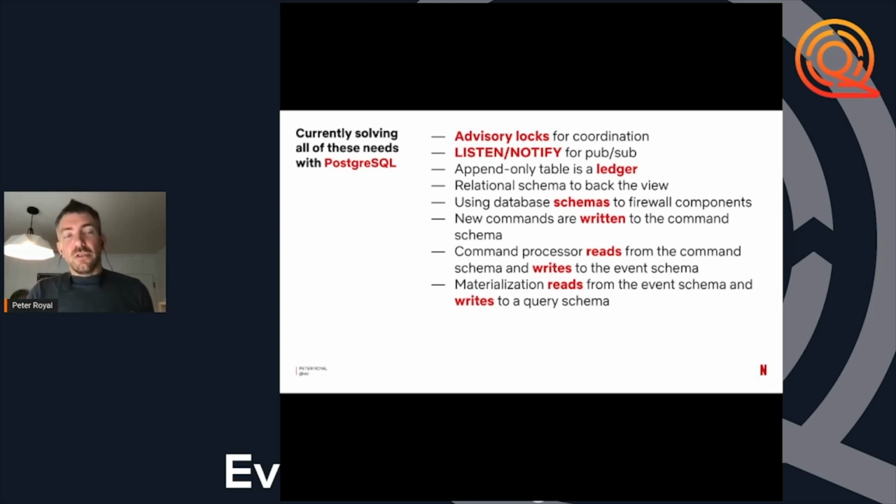However, we also engage in logical separation of everything by utilizing Postgres's schemas. So we have a schema for the commands, we have a schema for the events, and we also have a schema for whatever the view is. We can also bump the query schema. If we change the GraphQL schema and thus need to rematerialize the view to match that, we can create a new schema within the database and rematerialize all of the events into that in order to match whatever the new desired view schema is.